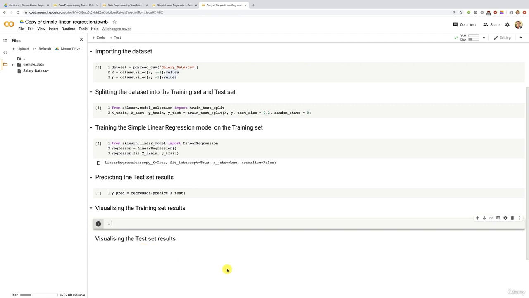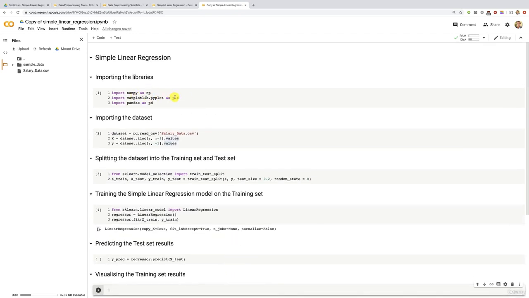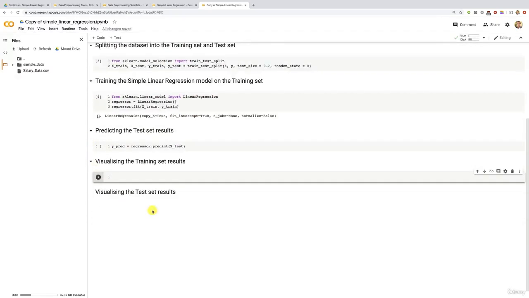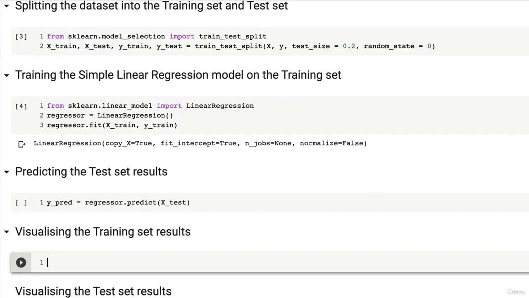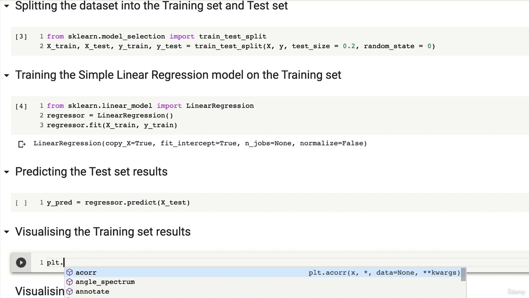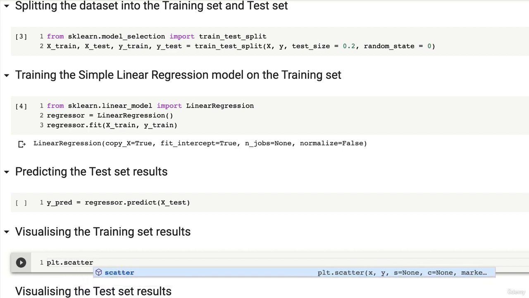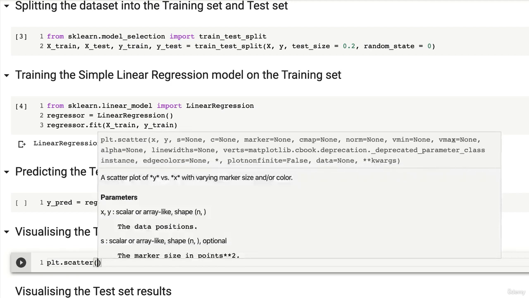We're going to first call matplotlib. As a reminder, it has the shortcut plt. Actually, what we're going to call is exactly the pyplot module from the matplotlib library, and this is what has the plt shortcut. So there we go. Let's start by calling pyplot plt, and then we're going to call a specific function from this module, which is called scatter. And scatter will allow us to put the red points, corresponding to the real salaries in the 2D plot.